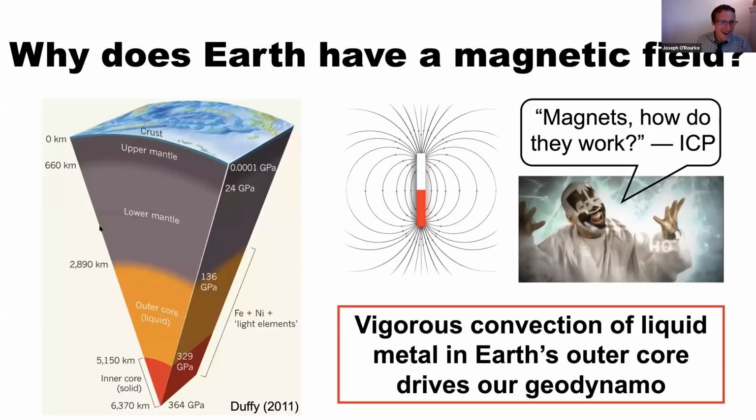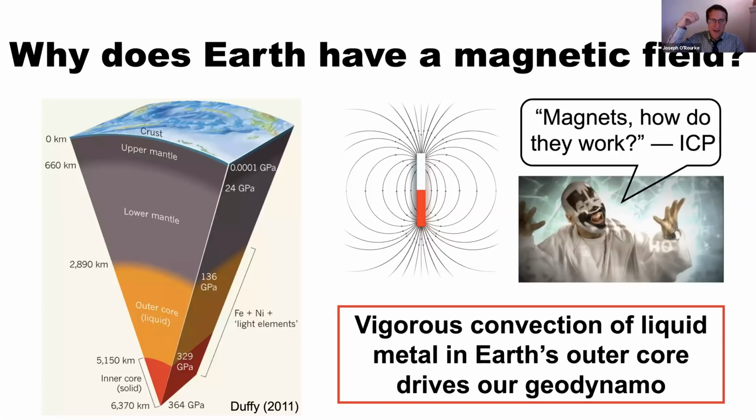Great. Again, the basic question is, if we're going to ask why Venus doesn't have a magnetic field, we should maybe ask why Earth has a magnetic field. And so the fundamental reason that Earth has a magnetic field is that 2,000 miles below our feet, there is this ocean of conductive fluid that is vigorously churning. So we know that Earth has an outer core that is almost entirely iron. Iron is electrically conductive, and it has the viscosity of water, basically, even under these extreme temperatures and pressures. And so we think that this giant, bigger than the moon, ocean of liquid iron is very vigorously convecting.